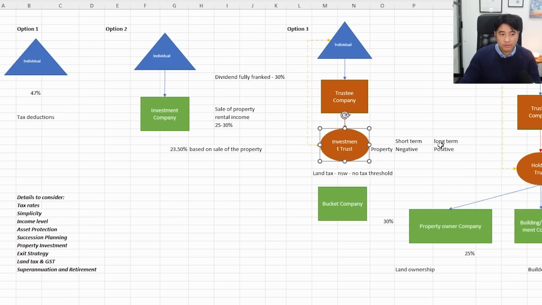Because a lot of the time these days, if you're buying in Australia, the properties are usually negatively geared, because interest rates are 6 to 7%, and rental yield on a residential property, on average, is 2 to 3%. So you're making losses most of the time. So that's why buying in a trust is not generally the way to go. And also, the biggest factor is that land tax in certain states is a lot higher in a trust as well.